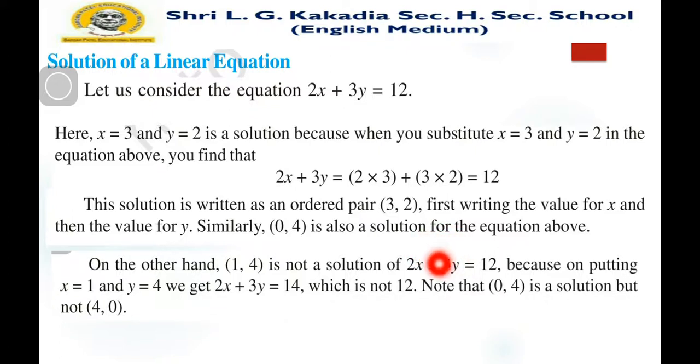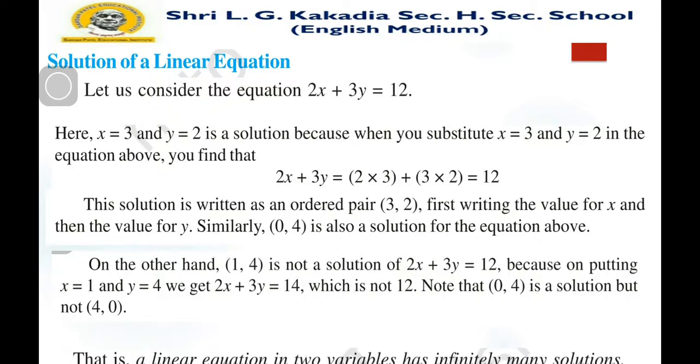We get here 8 does not equal 12. So (4, 0) is not a solution of the given equation, but (0, 4) is a solution of the given equation. By taking random values of x and y, select any value of x, and according to x you select the value of y and put it in the linear equation. If you find it is equal to 12, then it is a solution of